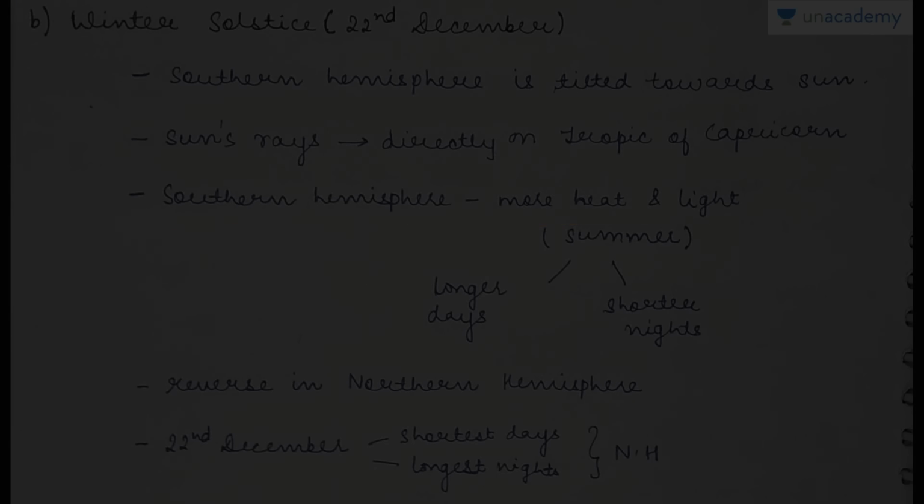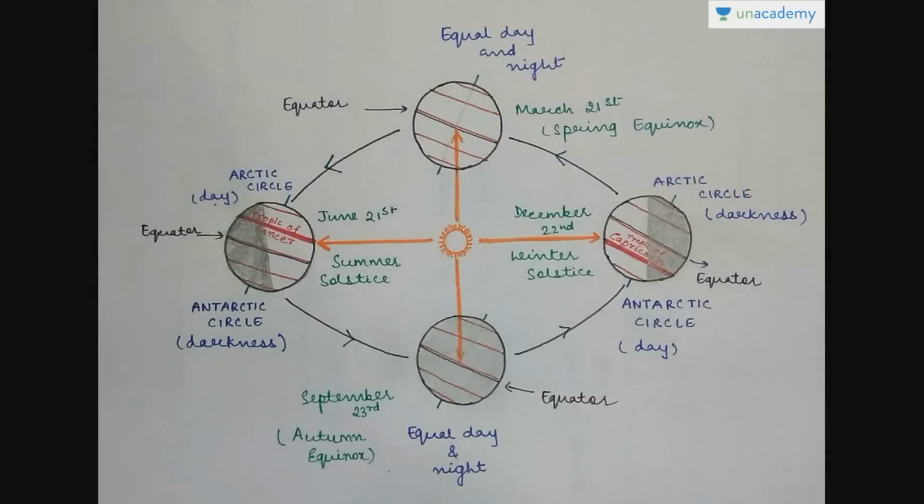throughout the world. So here some part of the world is receiving more, having more day and less night, and the reverse in the southern. Similarly here also, but here the sun rays are falling directly on the equator. See this line, this black line, the middle line, it is the equator. So it is directly falling. So the entire world is having half of the day and half of the night. See the northern hemisphere, half of the northern hemisphere is day here and the other half which is on the other side is having night.